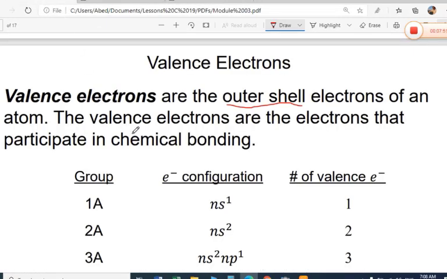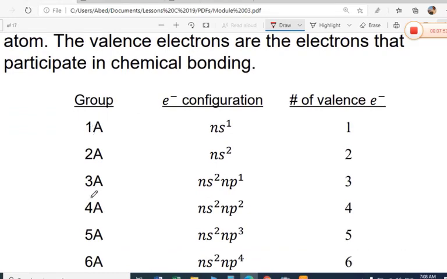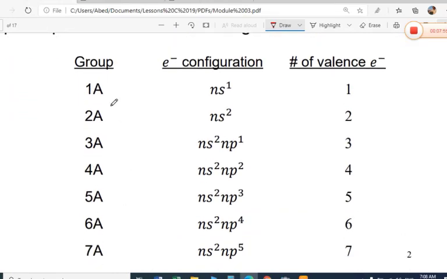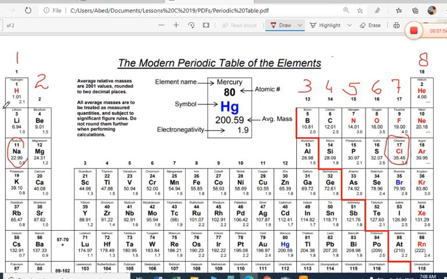So now we come here. If you see, this is group 1 2 3 4 5 6 7 like this, and this is the same group here. There are 2 types of writing the groups. One is that we write 1 2 and then include this D block and continue and we reach 18. This is one method of writing the group. Another method is that we say 1A, 2A, 3A, 4A, 5A, 6A, 7A, 8A. This is more convenient for us to see the number of valence electrons in the outermost shell.